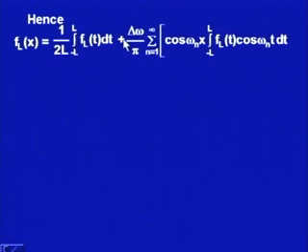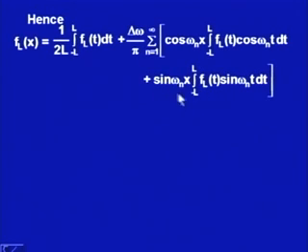So, f_L(x) I can write as 1 upon 2L, integral minus L to plus L of f_L(t) dt, plus delta omega upon pi, where 1 upon L we are changing into delta omega upon pi, summation n running from 1 to infinity, cos omega_n x integral minus L to plus L of f_L(t) cos omega_n t dt plus sin omega_n x integral minus L to plus L of f_L(t) sin omega_n t dt. Now,